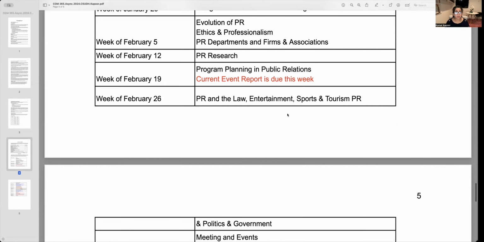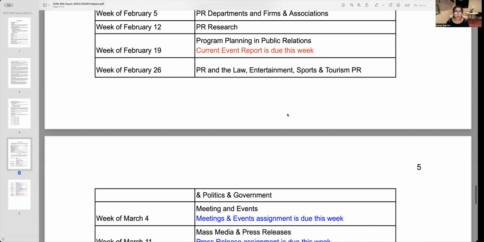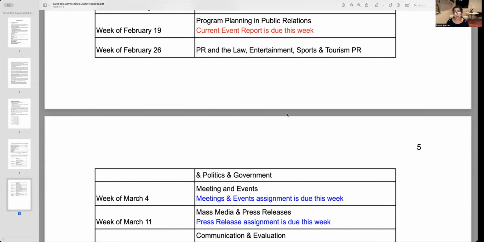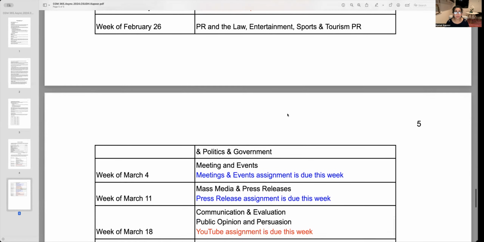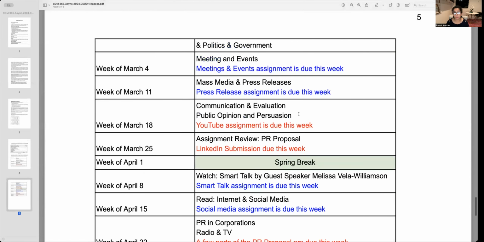Okay, February 19th, you have your first project due, which is the current event report. And as you see, some of that stuff has been marked in red. And then some of the things, as you keep going on, have been marked in blue. Some of them are assignments that you would have to do. Some of them are slightly more time consuming, or just a little bit different in terms of their nature. And so you're seeing just different colors, but it's basically all assignments. The blues and the reds are assignments. Okay.